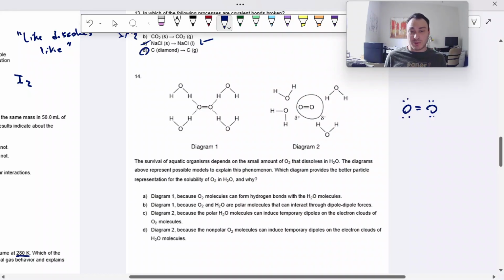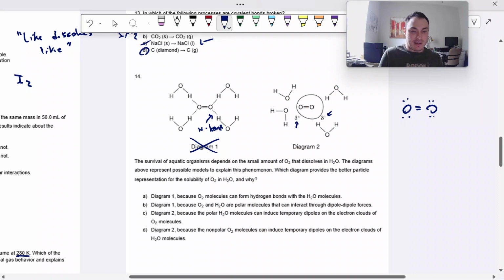A London dispersion force is a temporary dipole. So it's not going to do whatever's happening in diagram 1. This looks more like a hydrogen bond, but O2 can't hydrogen bond. Instead, diagram 2 looks more correct. It's trying to represent a dipole. It's trying to represent a negative end